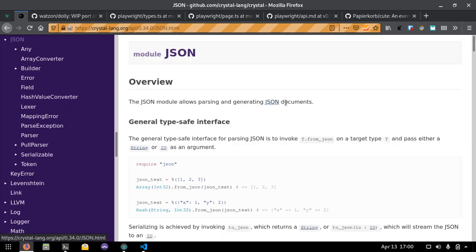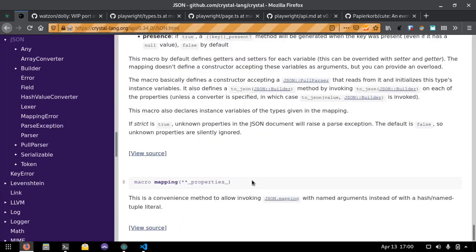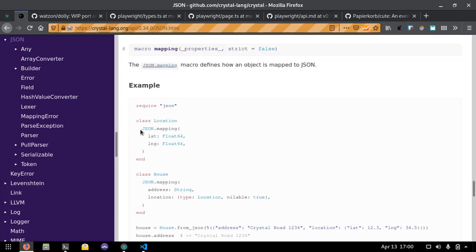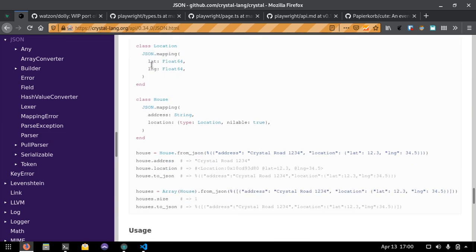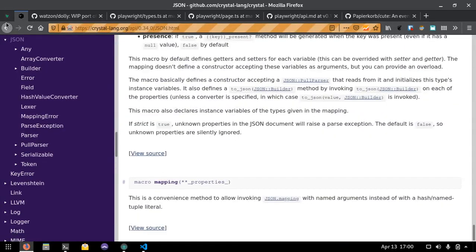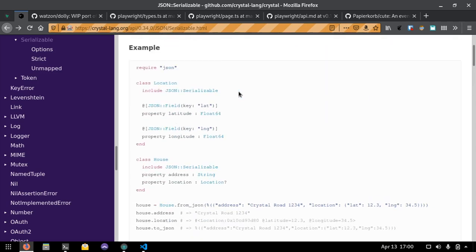If we go back to the JSON class itself and go to the very bottom here, they've got this mapping macro, which is what we used to use. So JSON mapping is a similar thing, but it actually creates the properties and everything for you. And now that we have better annotations, the annotated method is the preferred way of doing things. But yeah, if you don't have a structure like this, you can always just deserialize it to a hash,